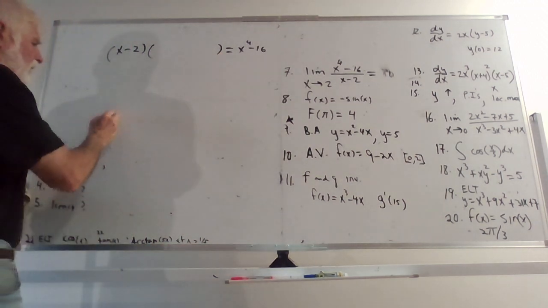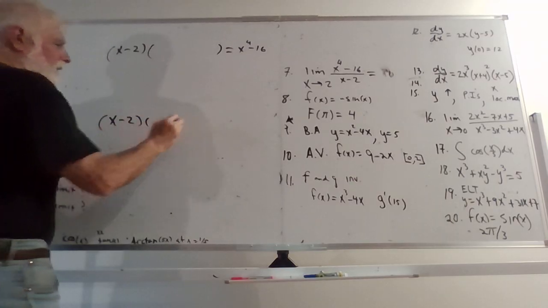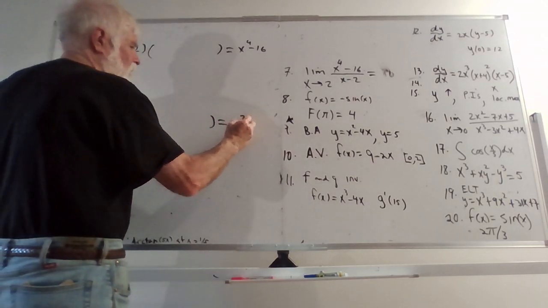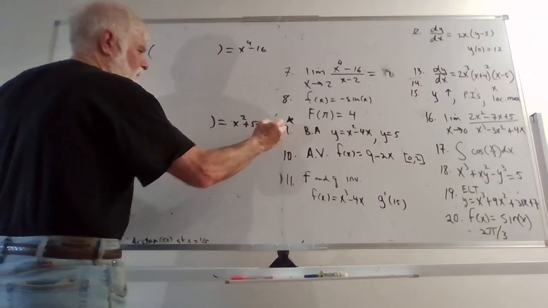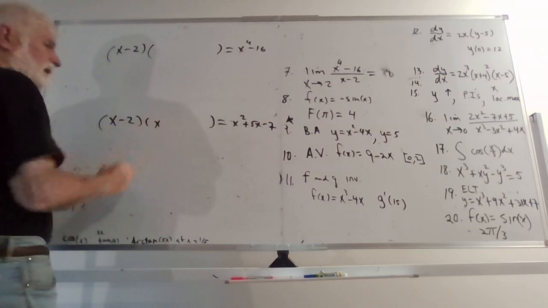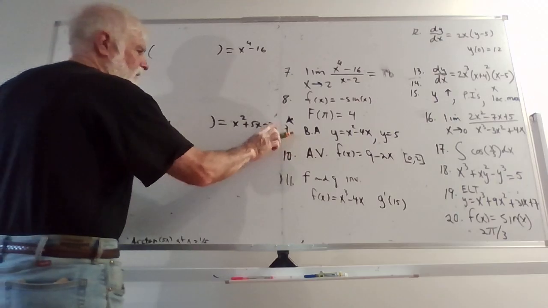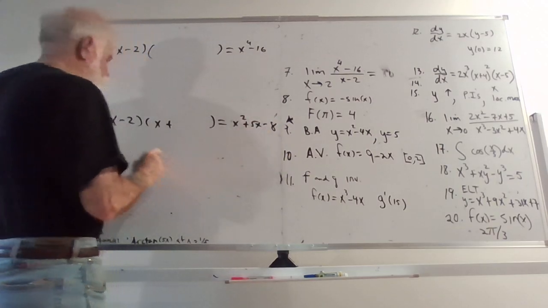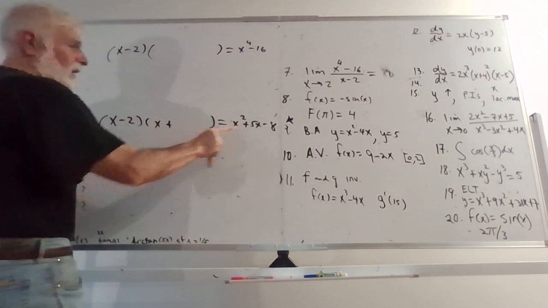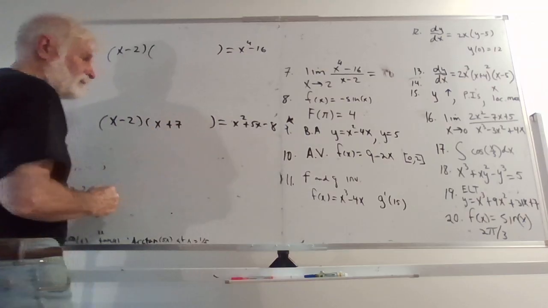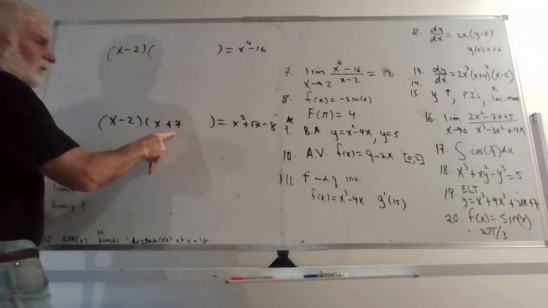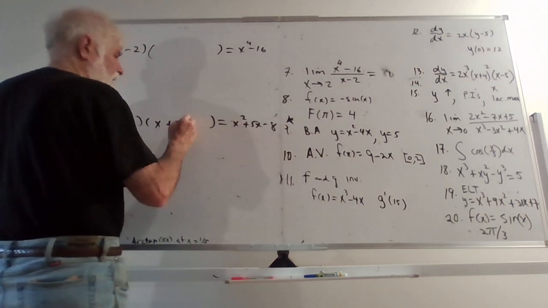We'd start with something like x minus 2 times what equals x squared plus 5x minus 3. Okay, so x times x is x squared, but now I'm at minus 2x. I want it to be at 5. So let's make this an 8 so you don't see any same numbers. So right now I'm at minus 2x. I want 5x, so I need another 7. And now I'm at minus 14, and if I want to get to minus 8, I've got to add 6